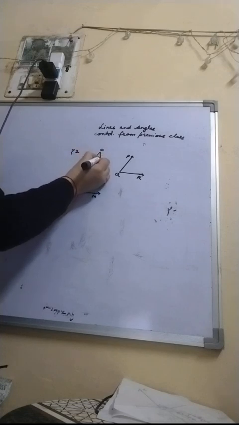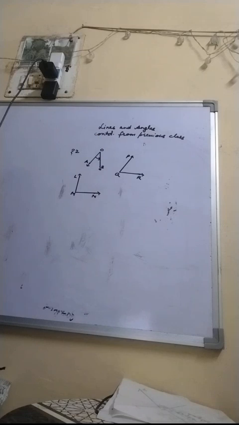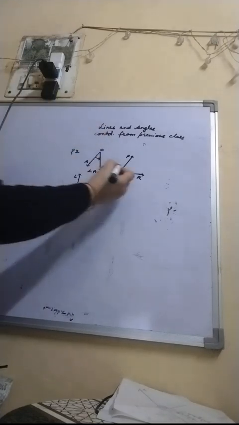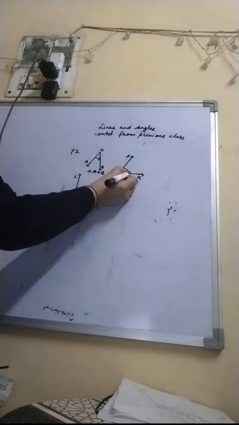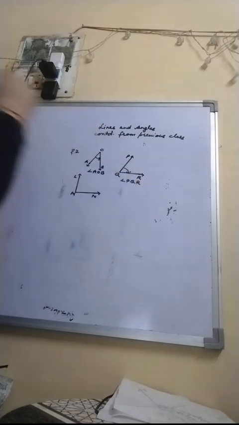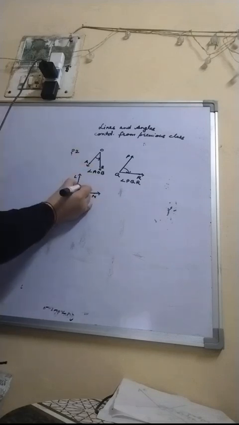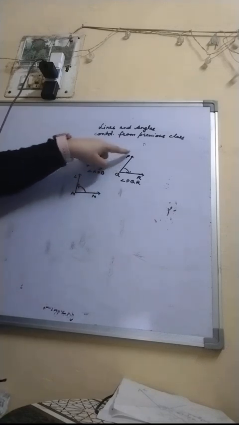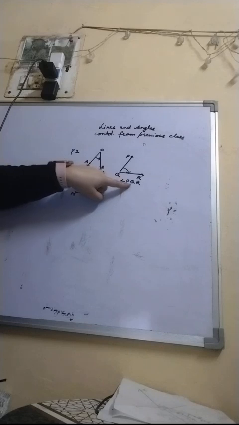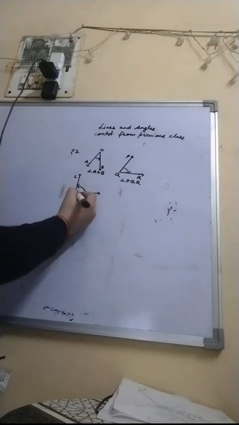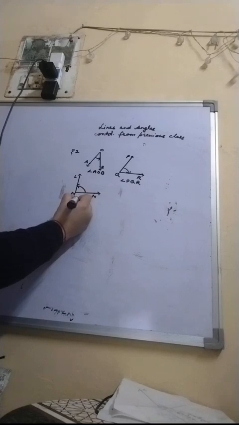Suppose you are starting from ray AO and going to OB. So this is angle AOB. Here suppose I am going from PQ to QR, so I would write angle PQR. Here I would go from MN to LM. PQ to QR, so it is PQR. Here I am going from MN to LM, so it would be